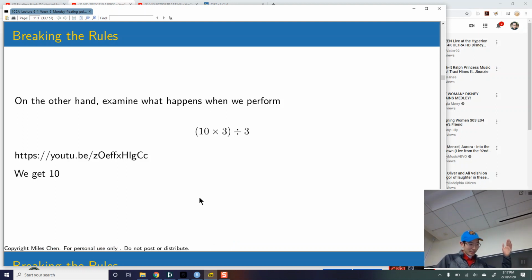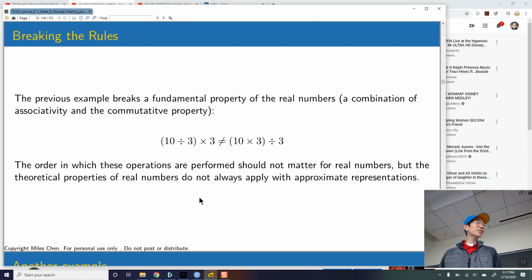But the whole reason why I videotaped myself typing numbers into a calculator was to illustrate the fact that this rule, the associative and commutative properties of real numbers, is broken when you try to do calculations on a calculator, okay, or a computer for that matter, right? So 10 divided by 3 times 3 should equal 10 times 3 divided by 3. There's no reason why they